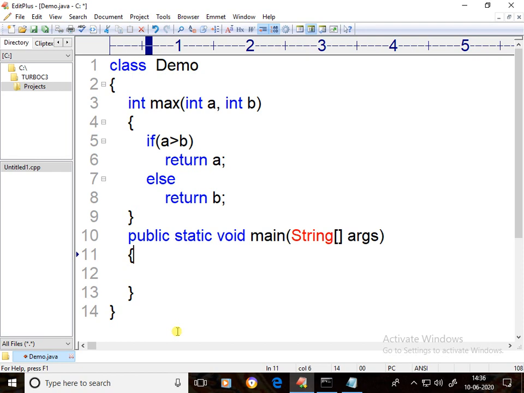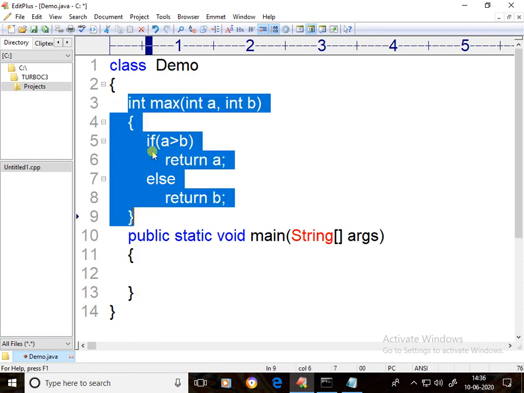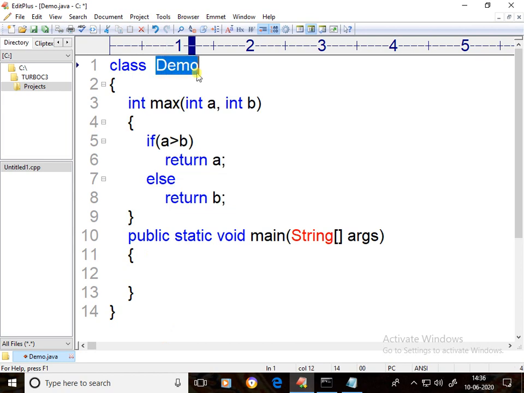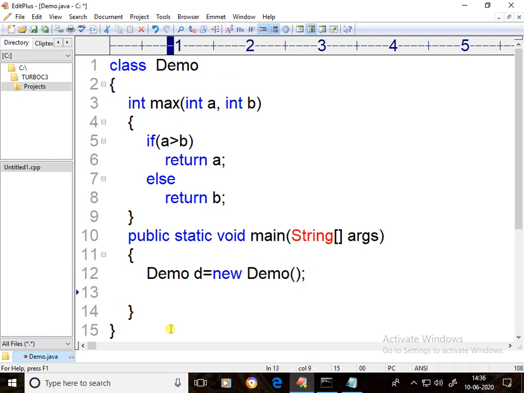Now, at present I am going to show it with an object reference. See, max is a method of the demo class. So I am creating a demo class object: Demo d = new Demo. In this line, the demo class object is created, and that object is referred by d. With this object reference, I am going to call the max method.